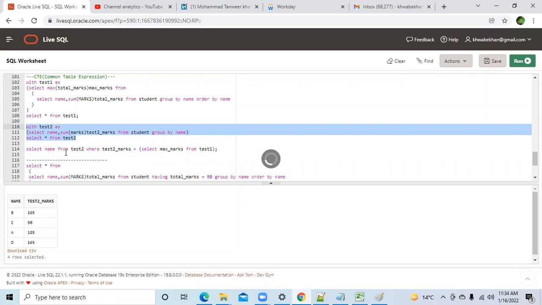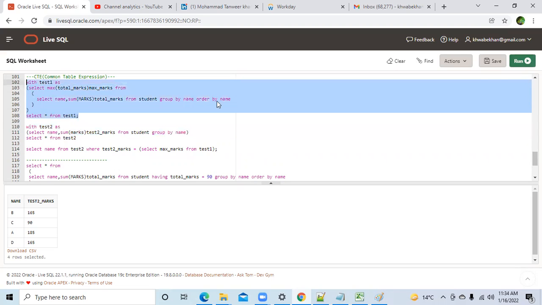And I proved that you can see it is coming here, right? Now coming to the main agenda, our old question. From test 2, I have this output. You want the one which has the maximum marks, right? 185. Now this test 1 is giving me that number 185, because from this query I found the maximum marks. Correct?